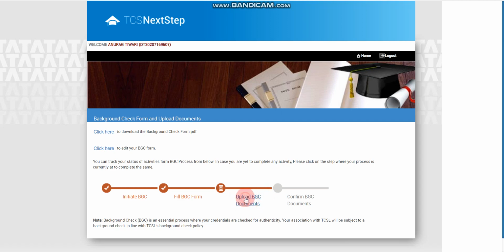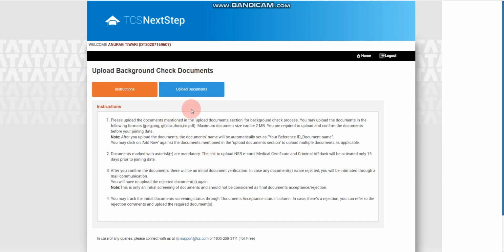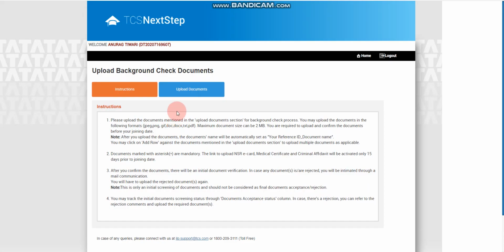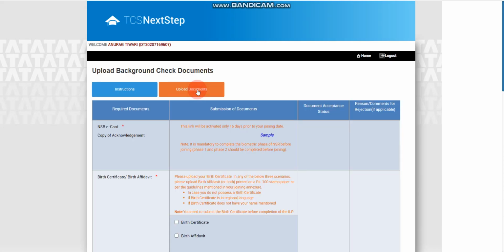Click here. Here you can see 2 tabs. First one is instructions. You can read all the instructions. There are 4 basic instructions. The second option is upload documents. Here you have to upload documents. First one is the NSR e-card. You can read the samples.